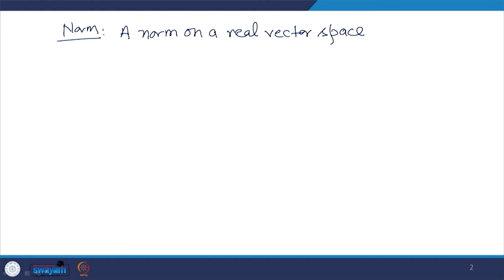Because we are talking in the sense of machine learning. It is a function from the vector space V to the field R such that